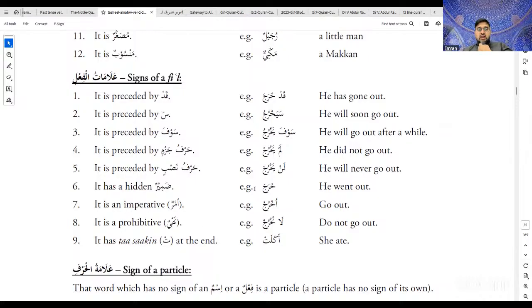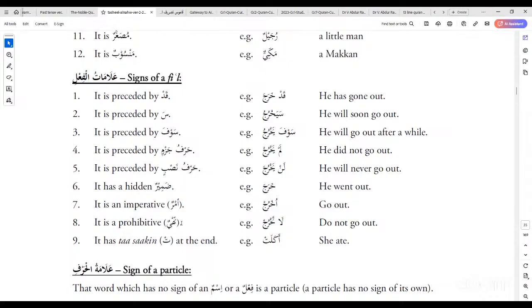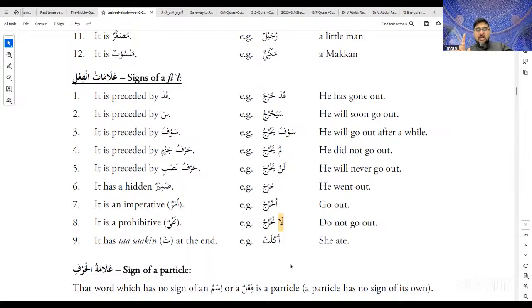It has a sukoon, like harfu jazm. When lam comes, it makes the last letter sukoon. Excellent. And also nahi. What is the sign of nahi? The la in the front. Excellent. This lam, which comes at the beginning of the present tense, is the command for negation. La ta'kulu, la tashrubu, la tadkhulu. So it makes the last letter with a sukoon. I'm not going to do the rest of the conjugation of the verbs when the sukoon comes. Perfectly fine. Let's move on to number 9 now.